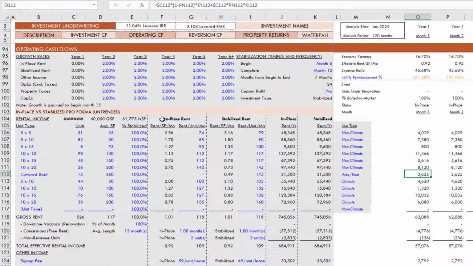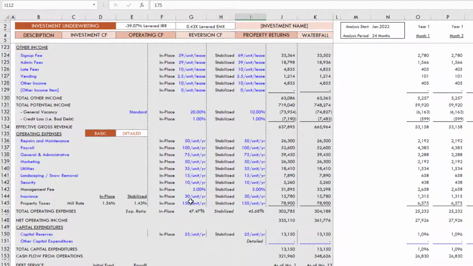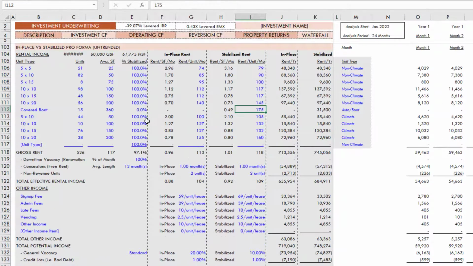Now, off to the left here, you've got this in-place section and the stabilized section. So for instance, covered boat, when we go to 0, what this does is until month 6, all rent for this one unit type is based on this value, not based on this value. And as these units roll to stabilized, you get progressively less of this and more of this. And that flows through to our other income and our operating expense line items. So for instance, in the case of the covered boat,